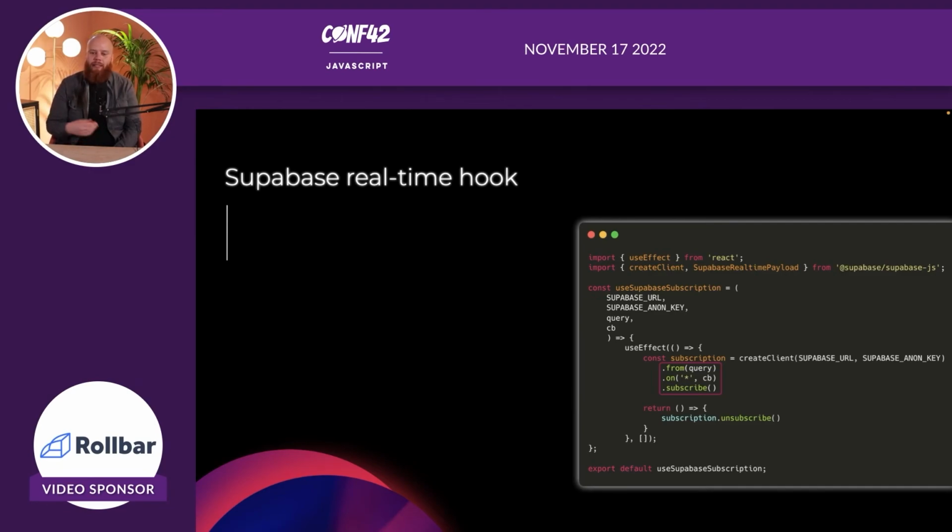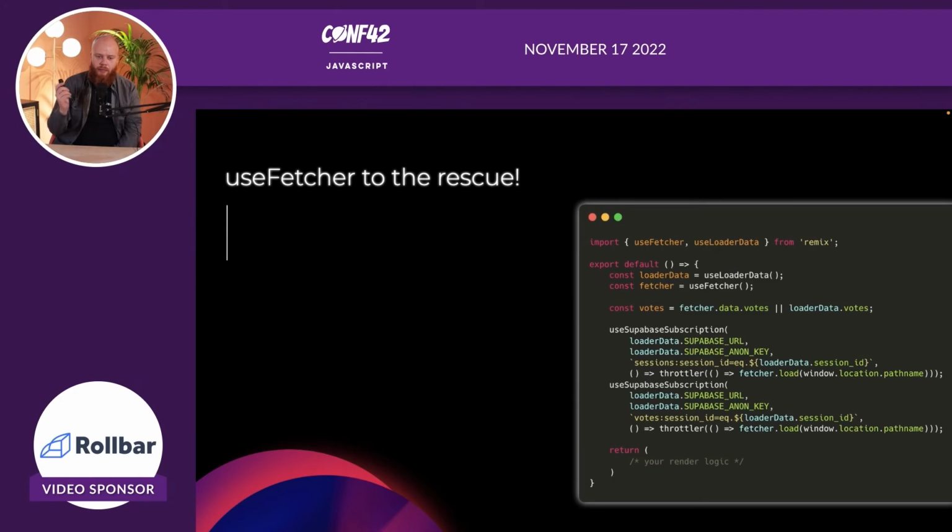Please update your UI. So what I did naturally was say, okay, thank you, and I'm going to push that to some client-side state. But when you have a lot of people all spamming the buttons, you have to sort of trust that it comes in at the right order. Suddenly I was keeping track of, again, state and basically a copy of whatever was in the database, and I was trying to keep it up to date, and I ran into some issues. And then I thought, well, no, I already have the logic to get the latest state out of the database, basically refreshing my page. Can't I just reuse that? You can.